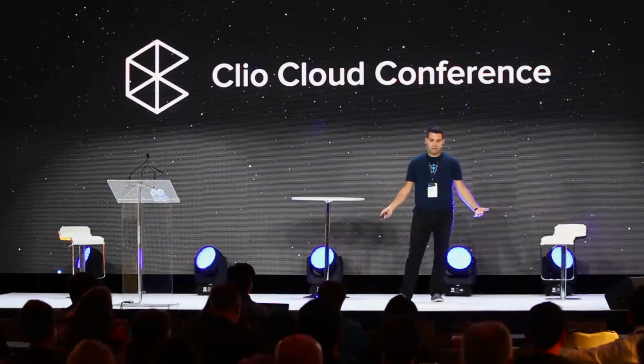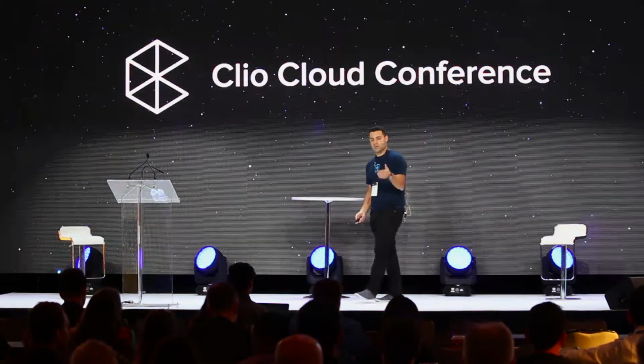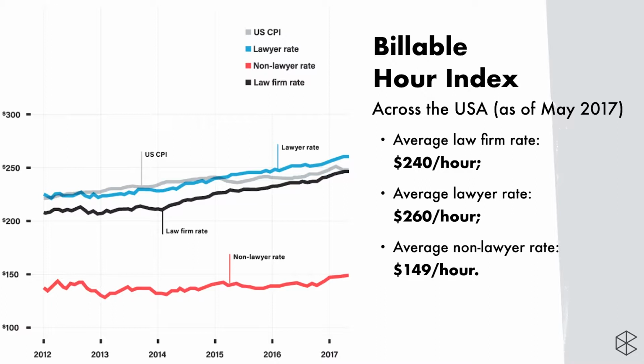With all that in mind, let's dive in and start our review with the billable hour index. Our first chart, we're going to look at lots of graphs, is a snapshot taken as of May 2017. The gray line is the US Consumer Price Index, as I mentioned. So you can see a trend of what prices for stuff that I would regularly buy are doing over time. The blue line is the lawyer rates. These go back to the beginning of 2012 to show a few years of data.